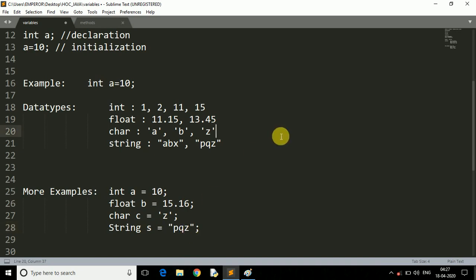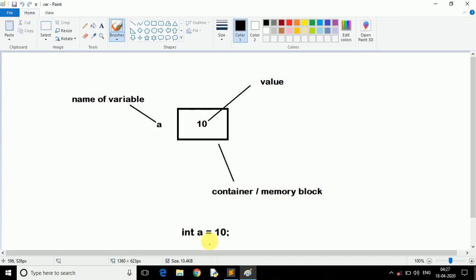Now let's see how this variable is represented in memory, or how memory is assigned. When we assign a value to a variable, a memory location is allocated to that variable, and that memory location is identified by the name.